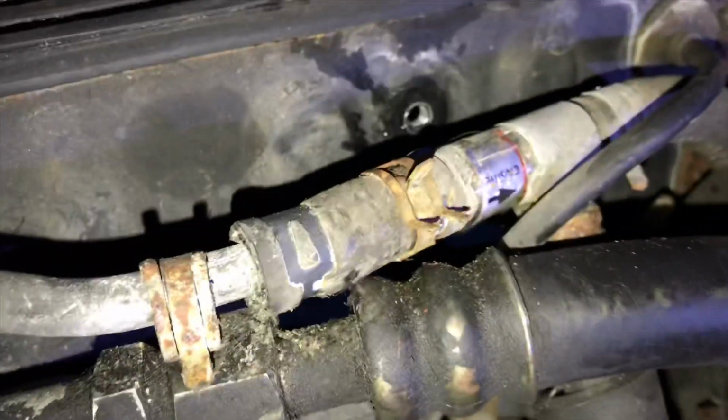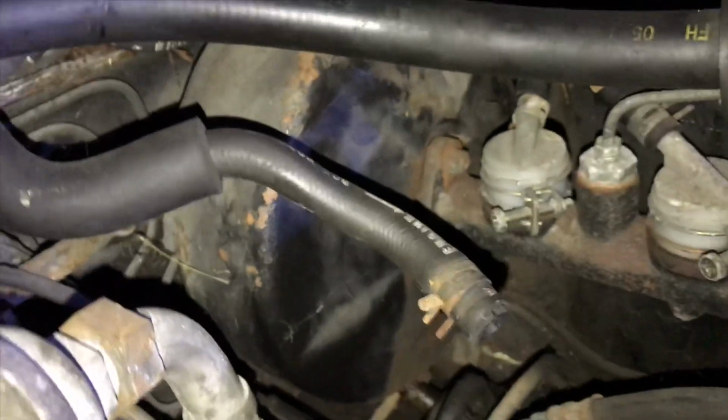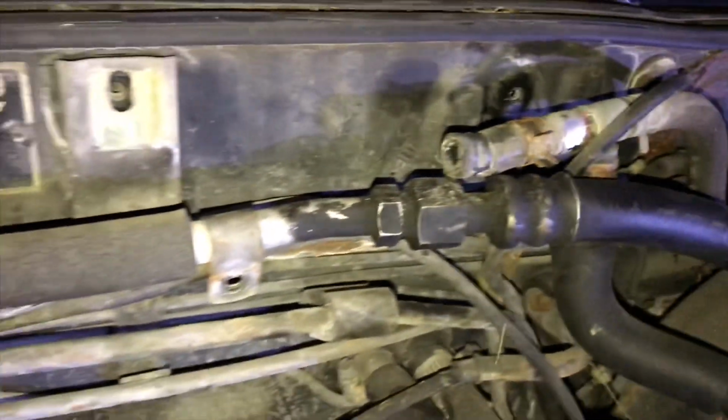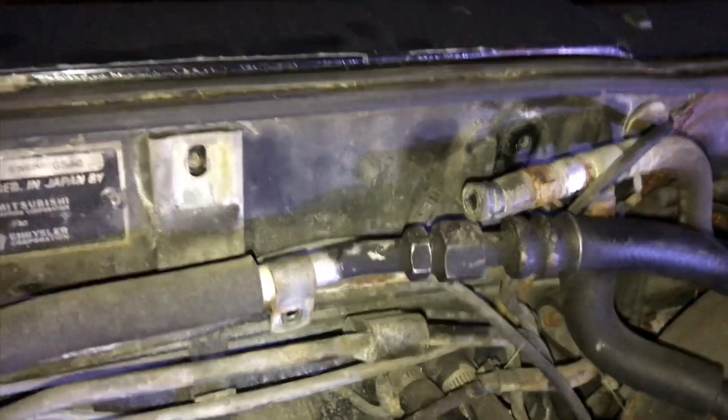So this has a one-way valve in it, which is going directly to the brake booster, and then this goes to the intake manifold for your high pressure vacuum. But moving on. Alright, so that is that there. We're going to plug that with a screw,